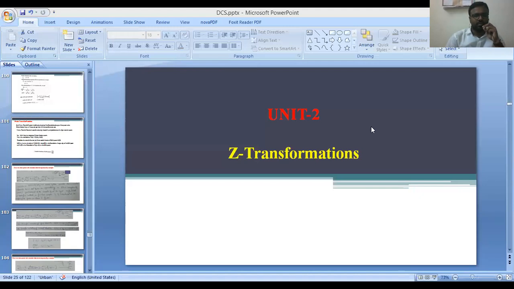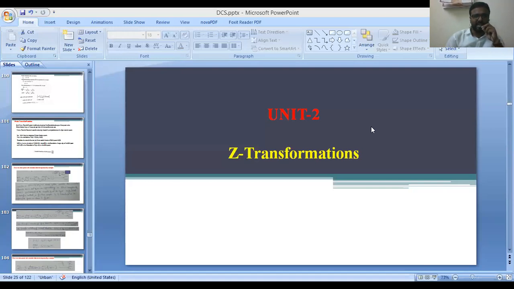We are in the middle of the transformation. That means we are about to complete Unit 2. So, in the previous class, we have discussed how to solve the difference equations using Z transforms. We have seen how to solve the difference equations using the Z transform. We have seen